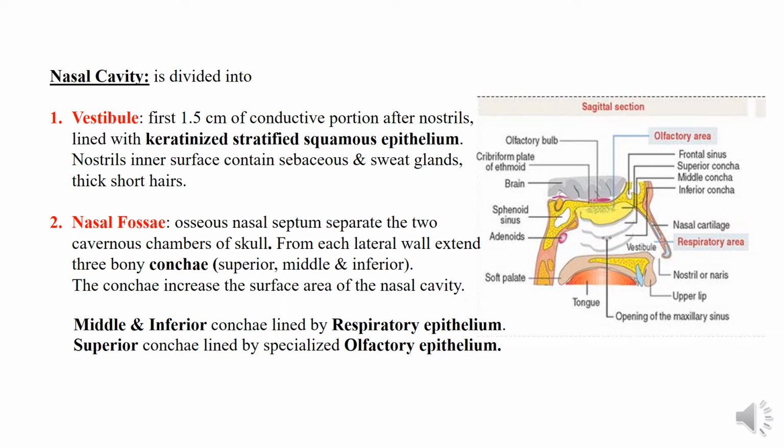The nasal cavity is divided into vestibule and nasal fossa. The vestibule is about 1.5 cm of conductive portion after the nostrils, lined with keratinized stratified squamous epithelium, like the skin. The nostril inner surface contains sebaceous glands and sweat glands with thick, short hairs, while the nasal fossa